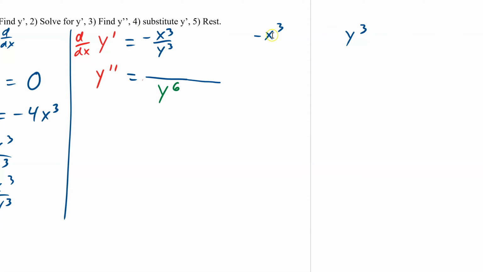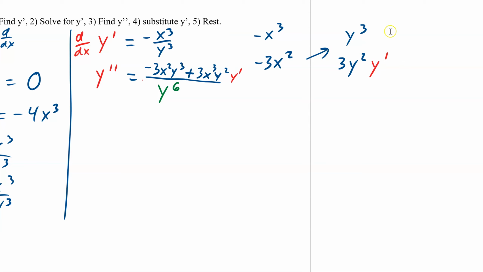So it's going to be our little quotient rule. So this is negative 3x squared, times y cubed, and then minus negative x cubed times 3y squared, but that is not an x, so we have to put y prime. And then we do our little multiply. So that's negative 3x squared y cubed plus 3x cubed y squared y prime. Now you've got to be very careful with these because there's a lot of substituting going on, and so one little tiny error and it's not right.